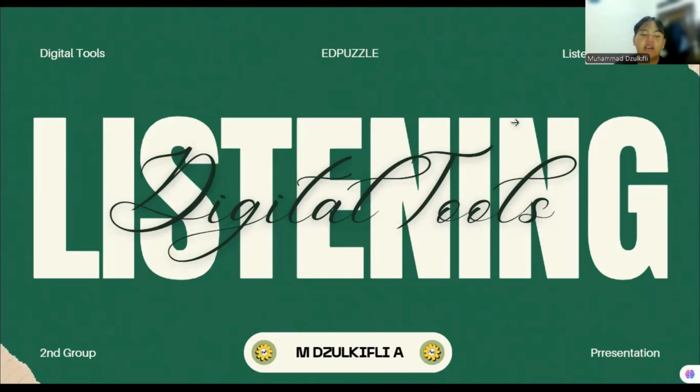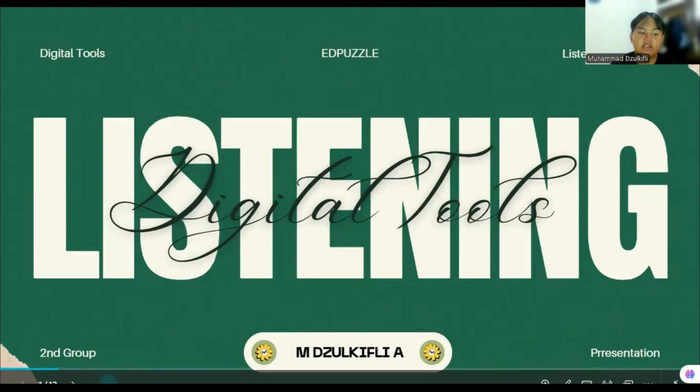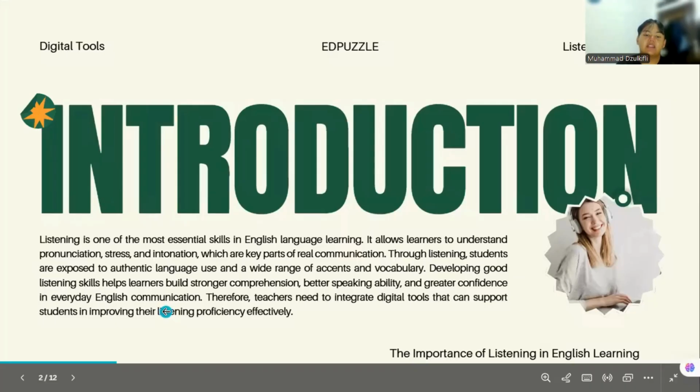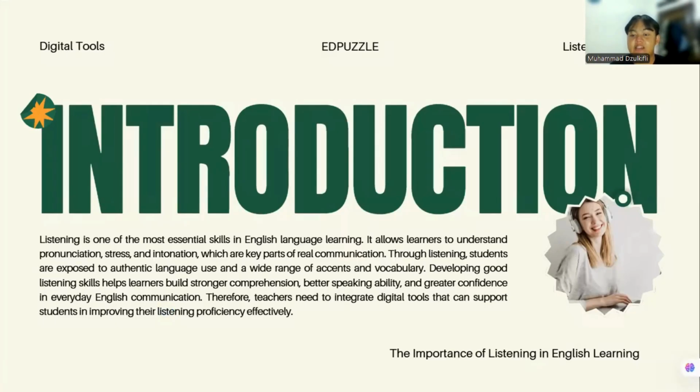So, it starts with an introduction about listening itself. The importance of listening in English learning. We know that listening is one of the most essential skills in English language learning. It allows learners to understand pronunciation, stress, and intonation, which are key parts of real communication.